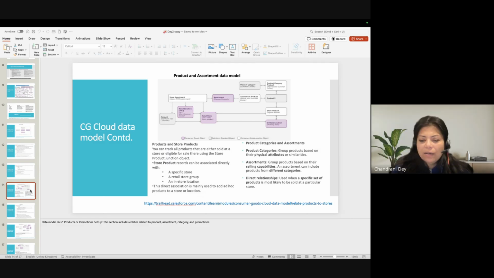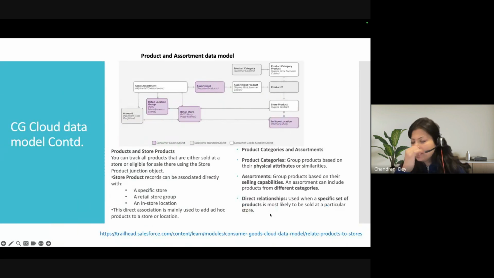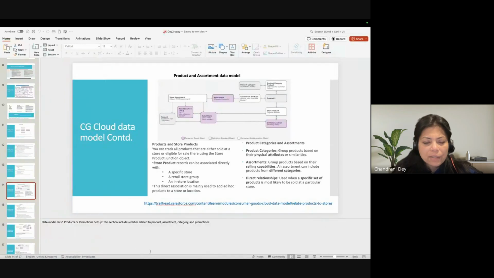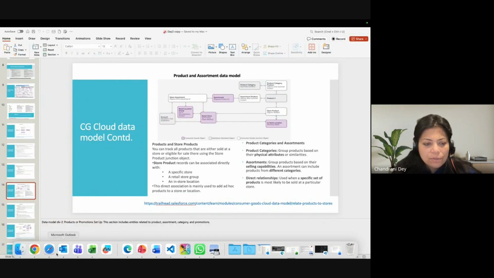And yeah, so we will go to accounts and products and all, even though these are more standard objects and you might already know about them, because there are features in CG Cloud and the relationship is there. And if we want to understand the data model, we have to go step by step. We cannot really omit one and go to the other. So that is why. Okay. So before going to the next data model, let me just open here.